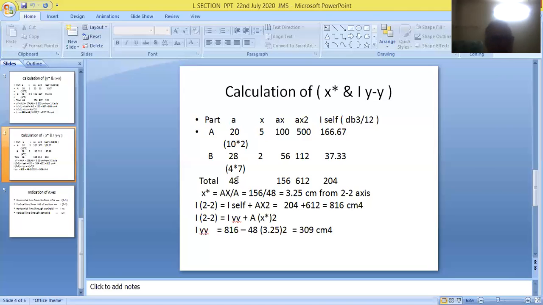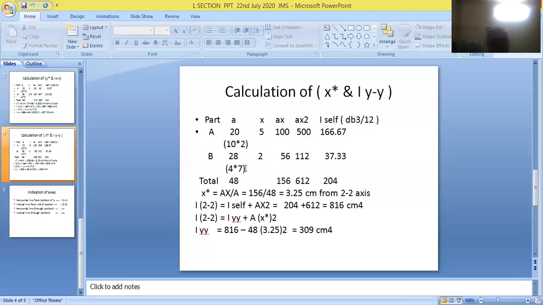And the width of that component is given as 4 centimeter. So take 50% of that value, so it will be coming to 2 centimeter. That's why X2 has to be selected. X2 has to be taken as 2 centimeter. So friends, for the configuration given in the problem, X1 must be taken as 5 centimeter, X2 must be taken as 2 centimeter.